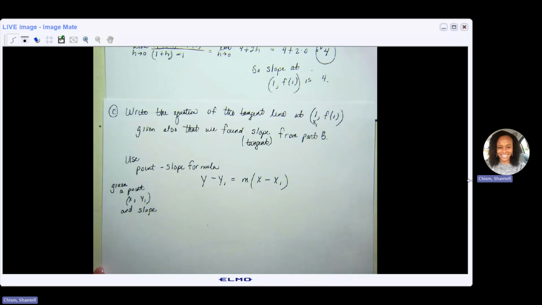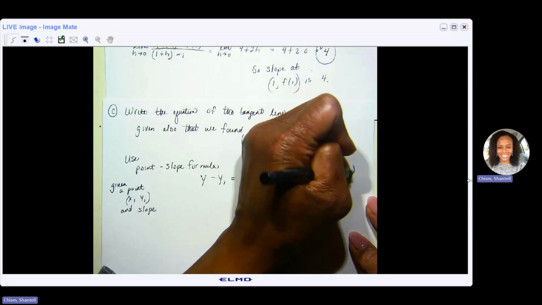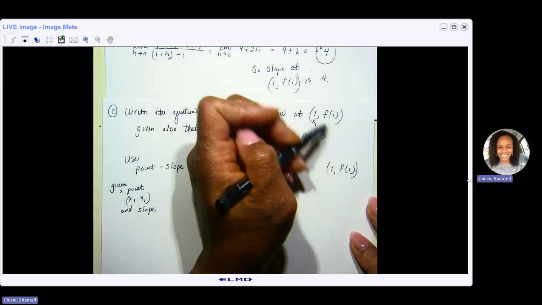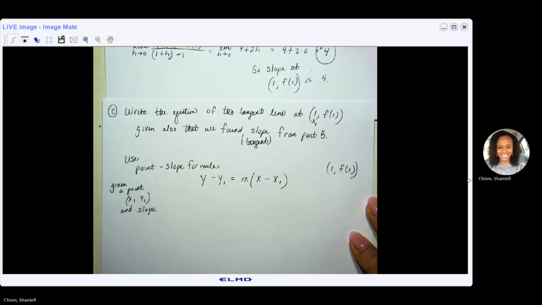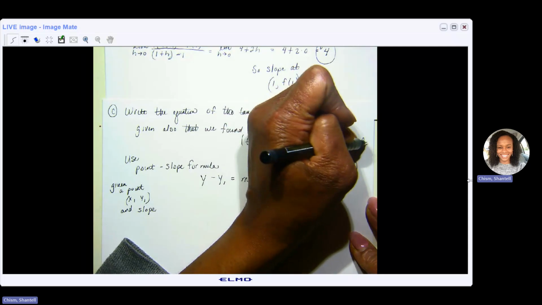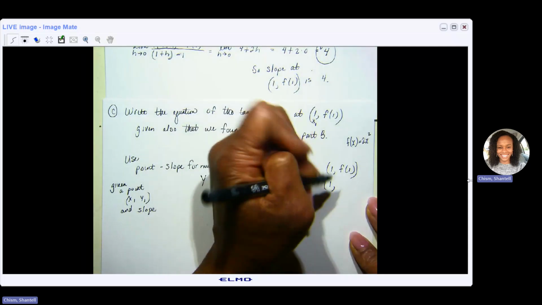All right. Now, what we're going to do is make sure that we have f at 1. So we're going to complete the point, basically. So we've got the point (1, f at 1) that we'll plug in here along with the slope that we found from part B. And so my equation was f of x equals 2x squared. So if I let x be 1, then to complete this point, I would have